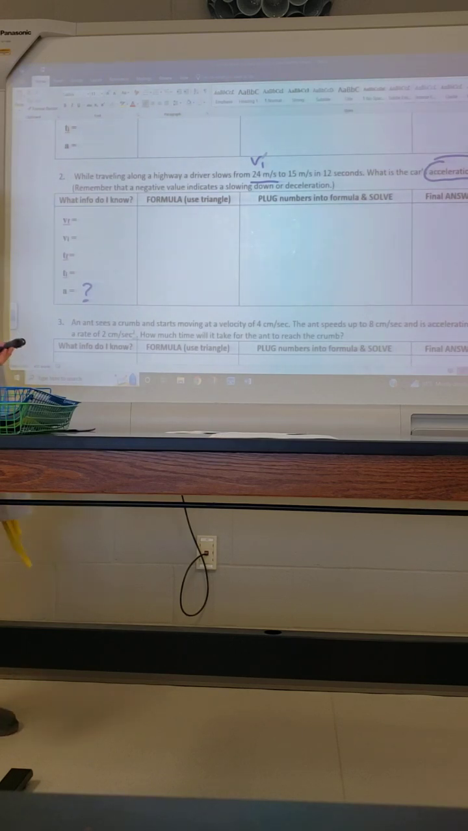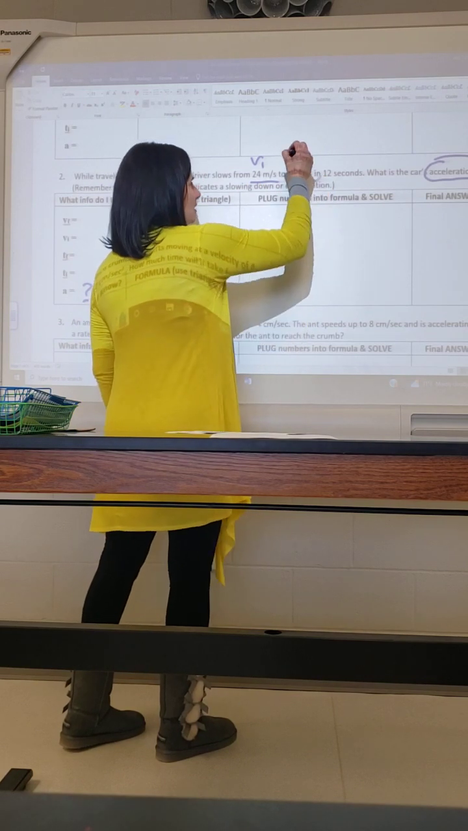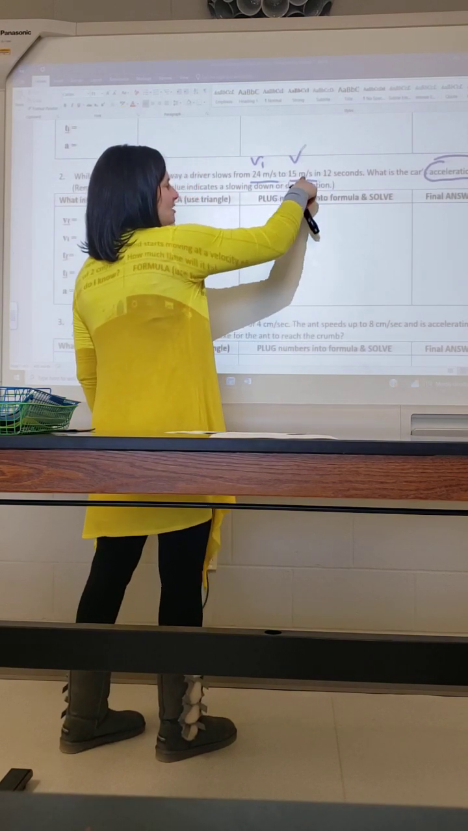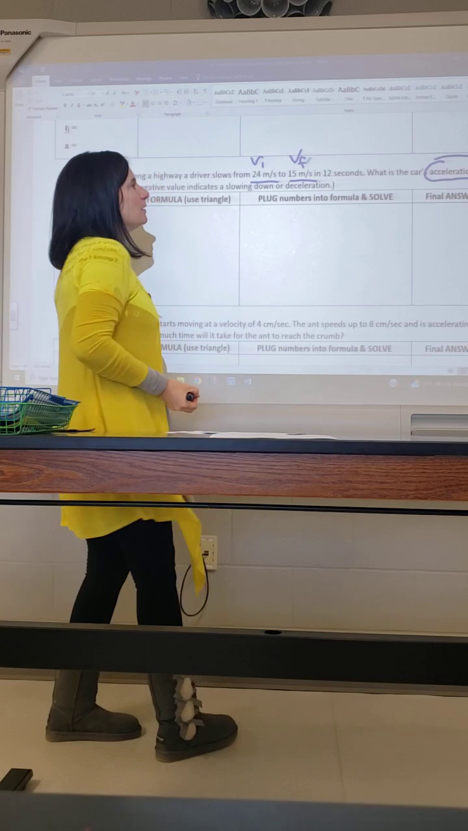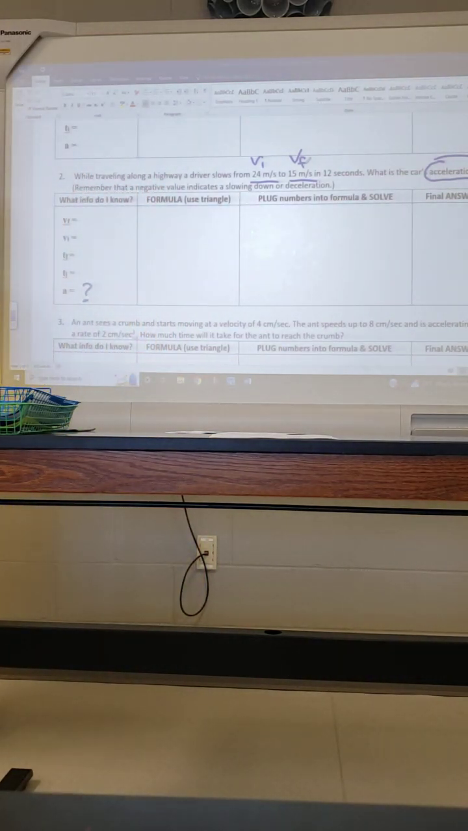Layla, what else should we underline? Good. And so that's going to be a velocity, and that's where it ends, right? So notice these aren't saying it has an initial velocity of 24 meters per second and a final velocity of 15. You have to decode that. Okay, you have to interpret that. And then what, does